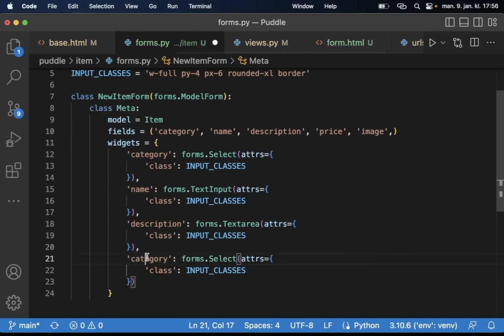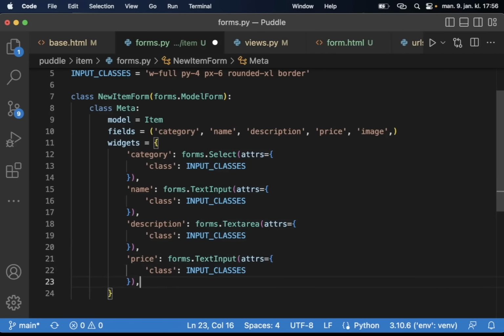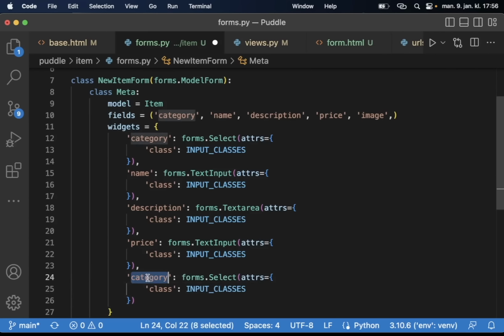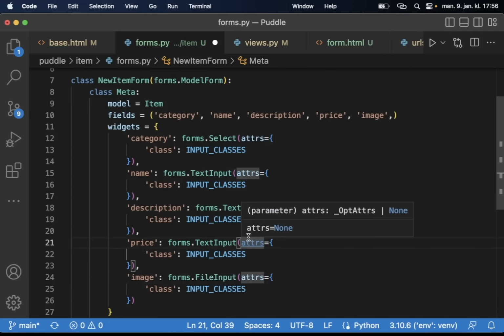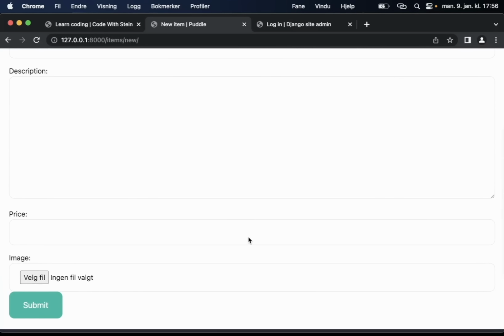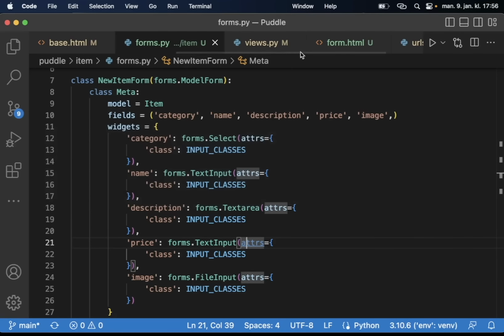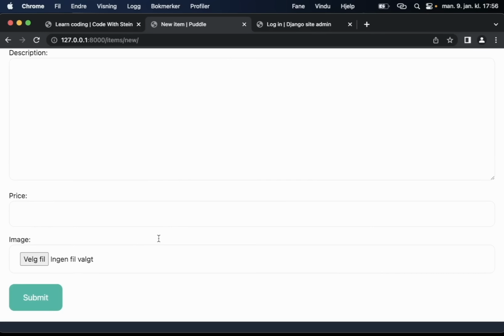And then the price, which should be text input. And the last one, image, which is the file input. So then I can save this now, go back and refresh, and now the styling here is also working. Perfect. I want some space between these two, by the way, so this should have an empty 6. That's better. Great. So then the last thing we need to do now is to add a check if this